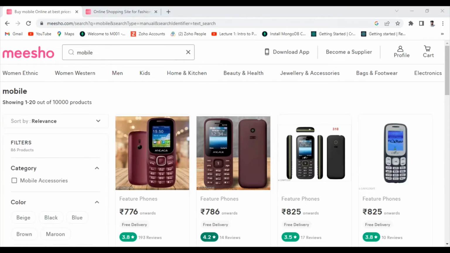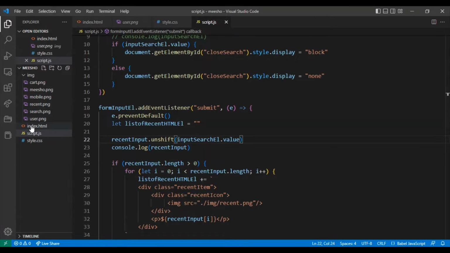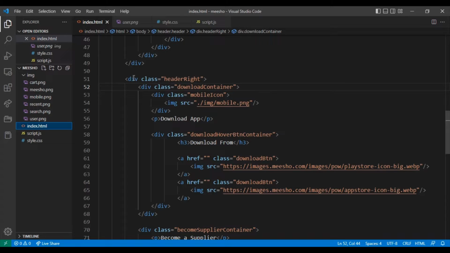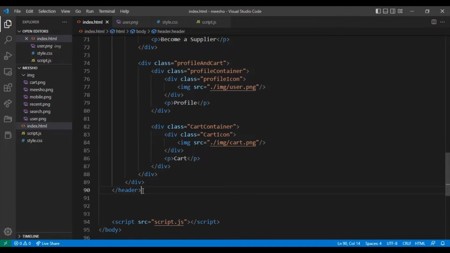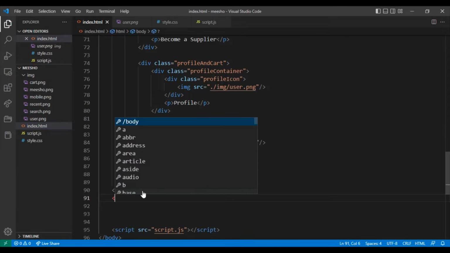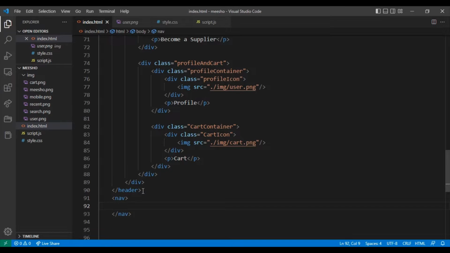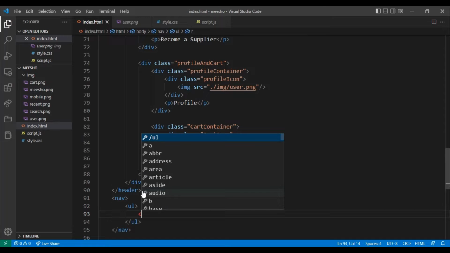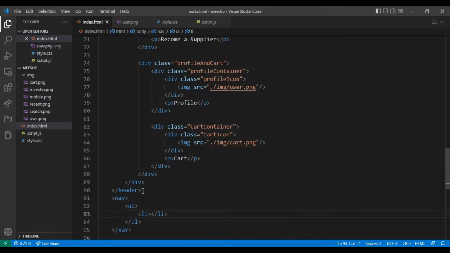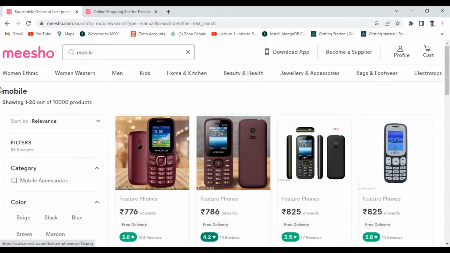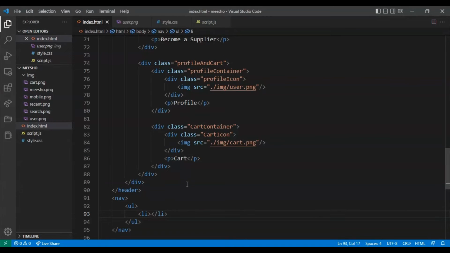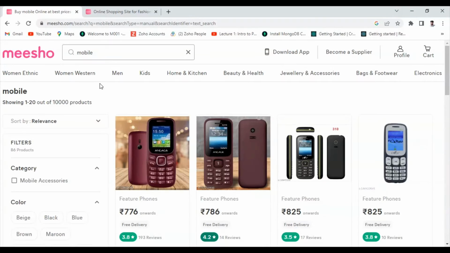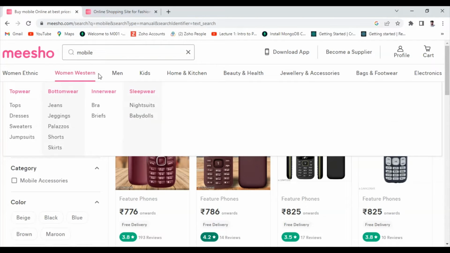Let's go here in the HTML. First of all, this right part is completed, and this head section. Come to the bottom section, here give the nav, and inside that I give the unordered list. Inside that I use the li tag. In that li tag I want to add the first section, how many ticks, and now the second one, this one,